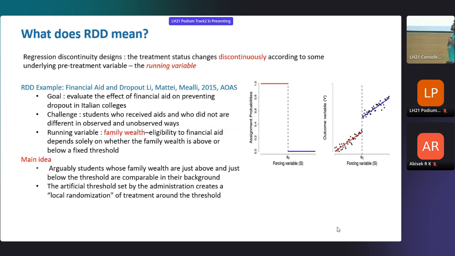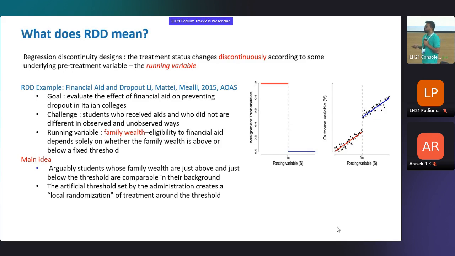Now, regression discontinuity design. RDD is one of the interesting challenges that you usually face in causal inference, so let's talk it through with an example. Here we have to evaluate whether financial aid helps prevent dropouts in Italian colleges, or any colleges for that matter. But does financial aid help in